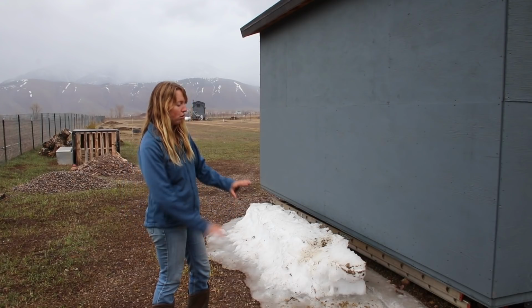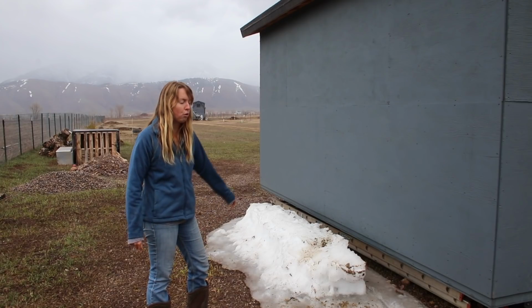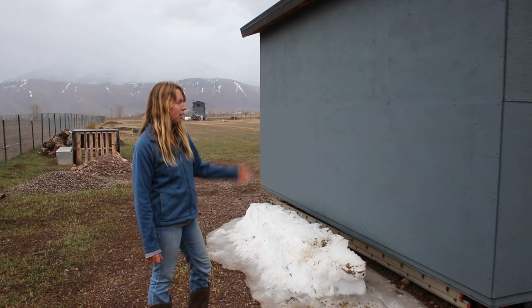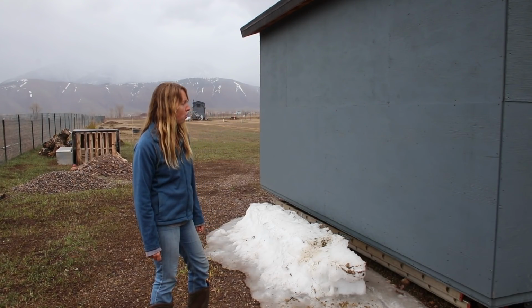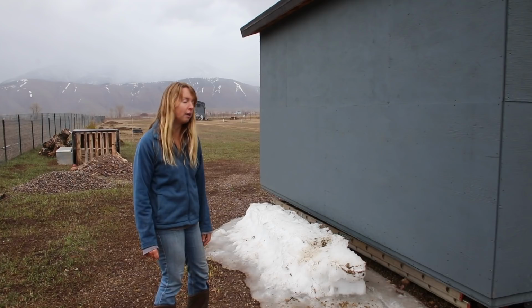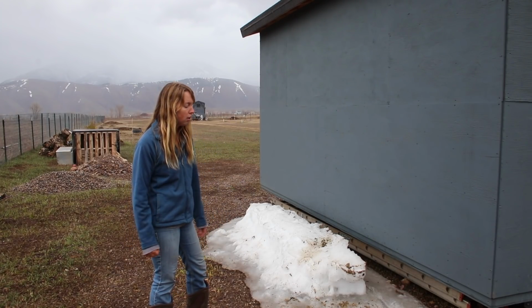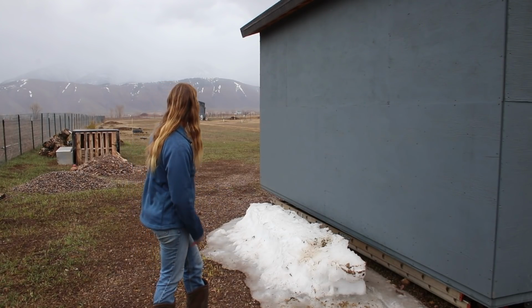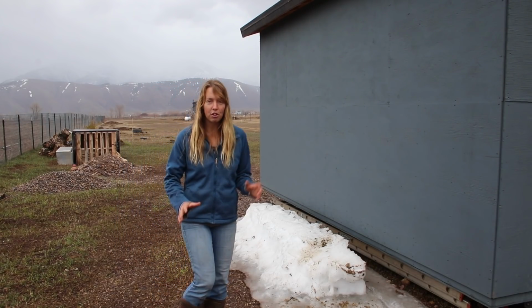I think it's better to soak it into the soil, mulch this area heavily, and get some useful food plants growing back here, which would also create a windbreak in the winter for when the wind does come out of the north or the west and hit this side of the building. Our winds here come from all directions. This morning it was blowing straight out of the southeast, so there's no one side for that. But anyway, that's the plan for back here, and so we are going to continue to work to utilize every